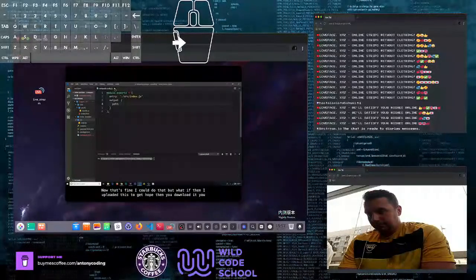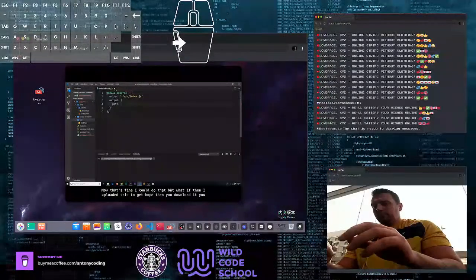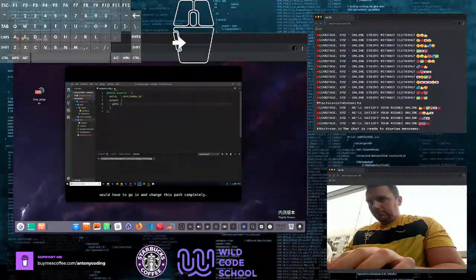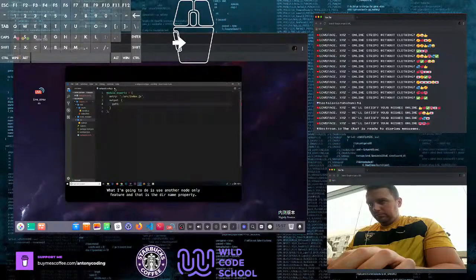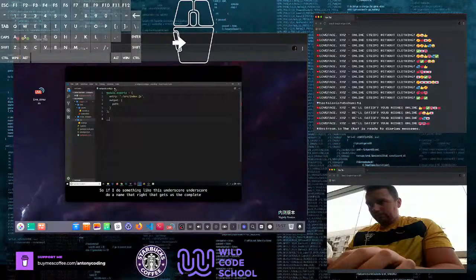Now, that's fine, I could do that, but what if then I uploaded this to GitHub, then you downloaded it, you would have to go in and change this path completely. So instead of doing that, I'm going to approach this a different way. What I'm going to do is use another Node-only feature, and that is the __dirname property. So if I do something like this, __dirname, that right there gets us the